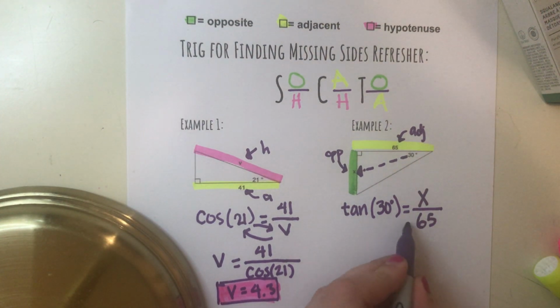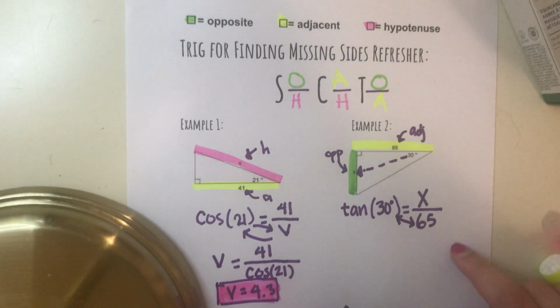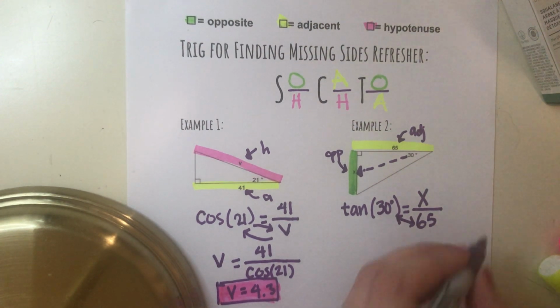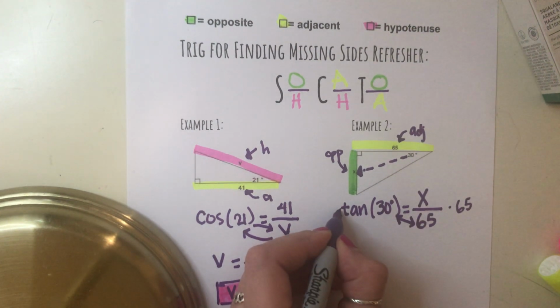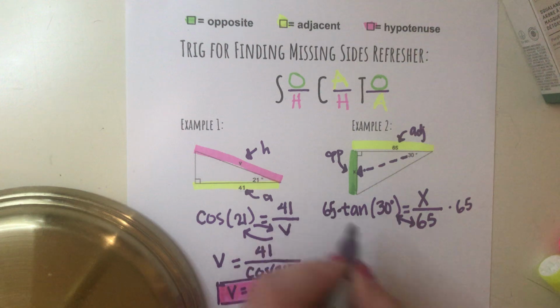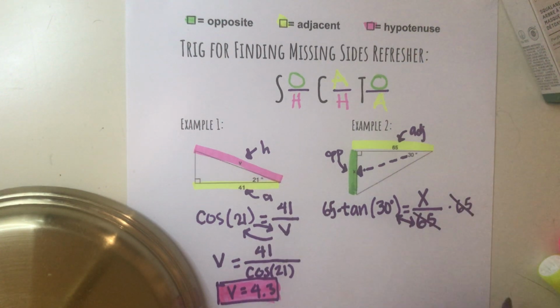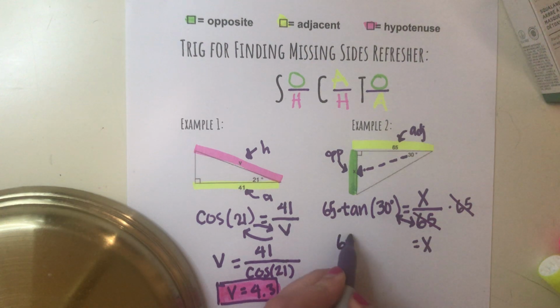When the number is on the bottom, you just multiply. So what you're going to do is multiply both sides by 65. That way this one cancels off, and I'm just left with x equals 65